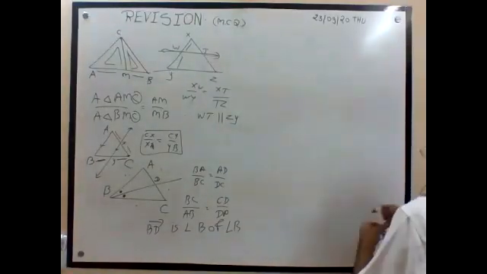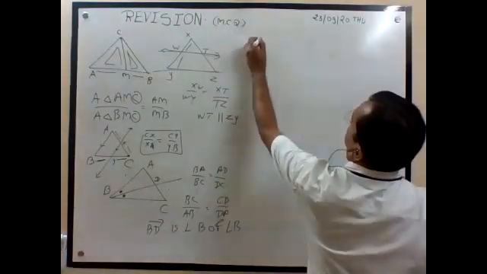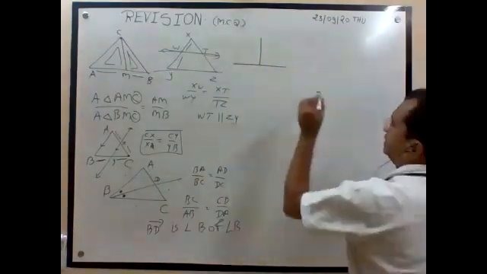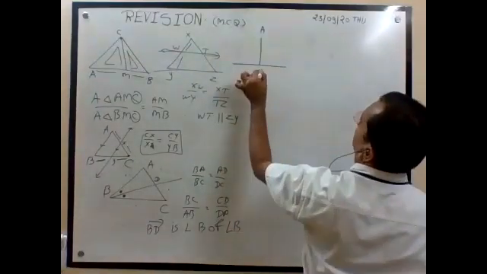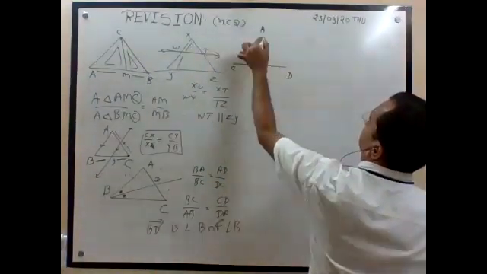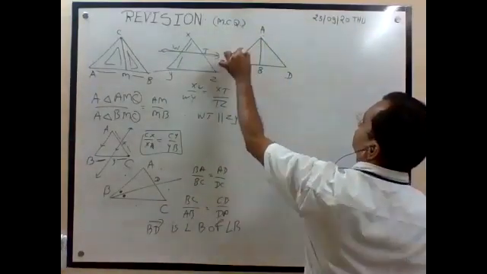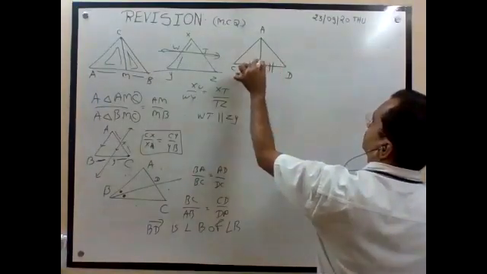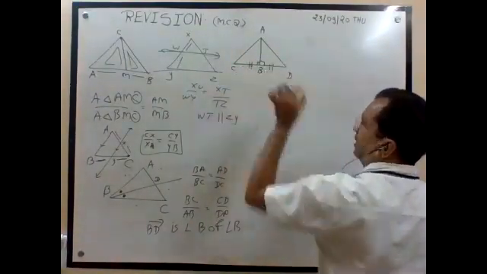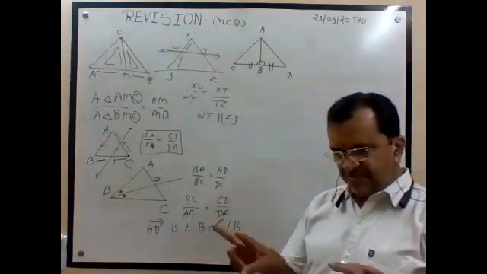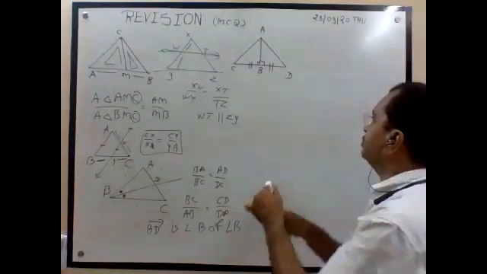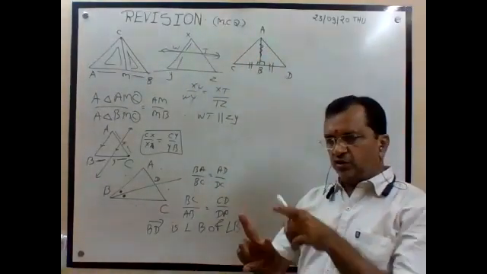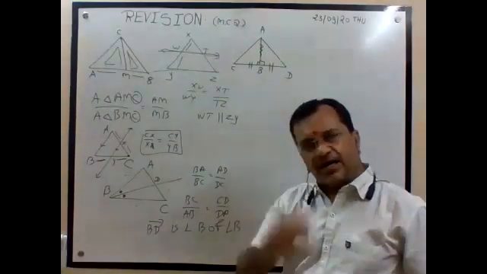Very good diagram. 2 times I have asked the same question. These and these are perpendicular. AB perpendicular to CD. They have given this. They have given this. This is 90, so this is automatically 90. Bases are congruent. Height is common. Two sides and the included angle are also congruent.